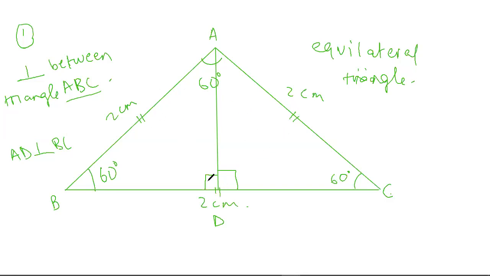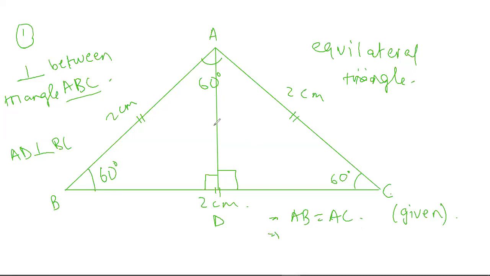So if these signs are the same, that means that all those sides also are equal. So 2 centimeters, 2 centimeters, 2 centimeters, all the sides are the same. So therefore the first rule of congruency is that if all the sides are equal, okay, write that down. So AB is equal to AC. Okay. Why? Because it is given.